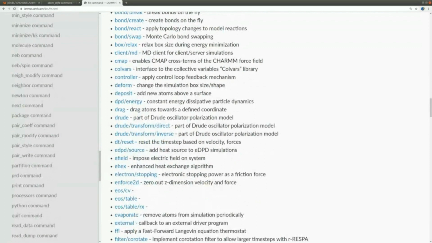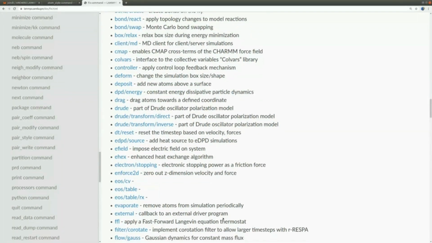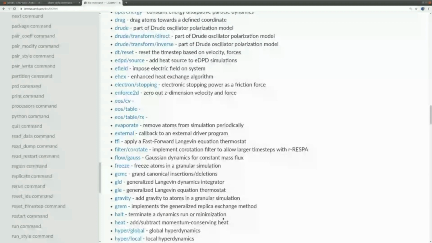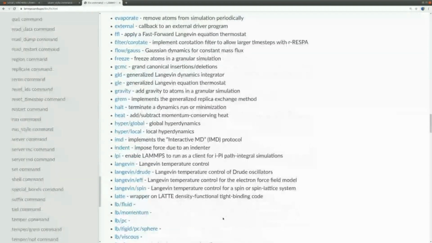Obviously, if we try to do that in our current simulation, because we have now fixed the number of particles, i.e. we have said we will keep 1,000 particles from the start to the end of the simulation, and we try to evaporate some of them away, that's taking particles out of the simulation box. That'll crash our system, so LAMMPS wouldn't be happy. You can freeze, you can add gravity, you can set different